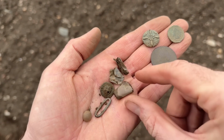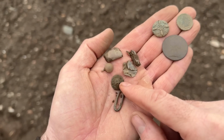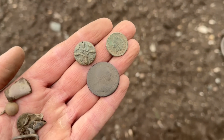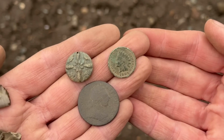A wee catch up with Albert. I think he's doing better than me. Little pin thing. Oh, it's a wee tack, a wee furniture tack. 4-holer, bits of aluminium, bits of whatever. But he's got 3 very interesting little finds right there. So he's got himself, oh, there we go, it's better. He's got